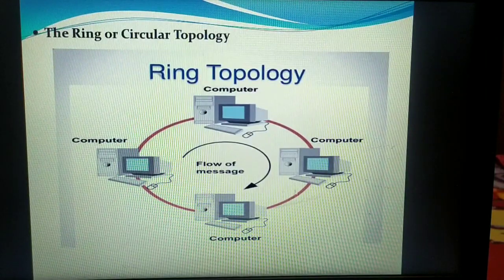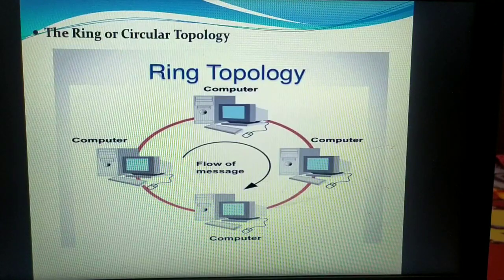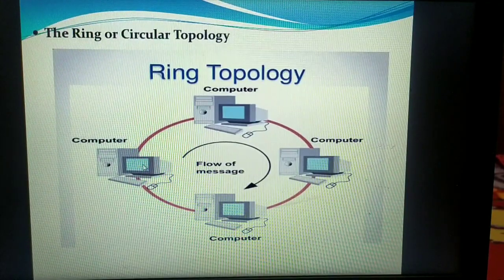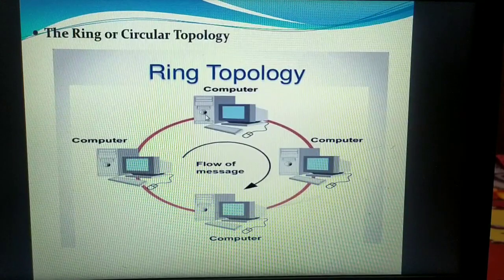Again that data packet will be moved to the next neighboring node. The destination IP address doesn't match, so again it will undergo amplification, that is by using an amplifier. That means it will strengthen the signal strength of the data packet. Again it will forward, and again here it will check for the IP address, doesn't match. Again it will undergo amplification, and again this node will forward to the source node.